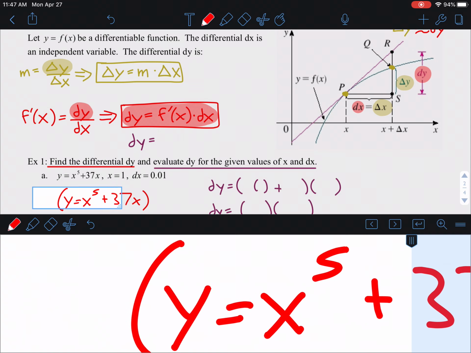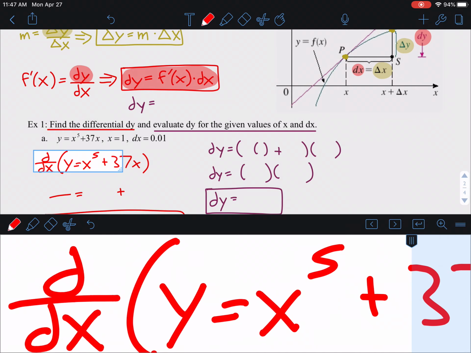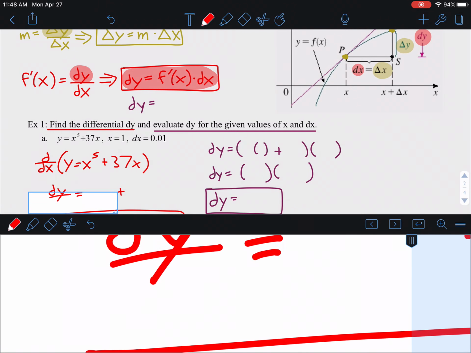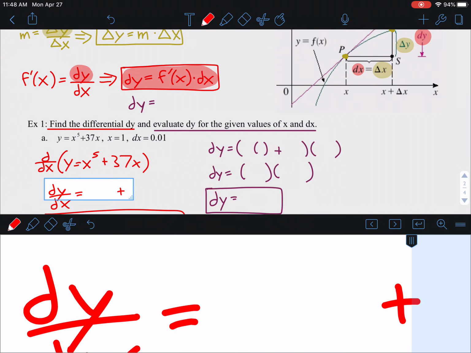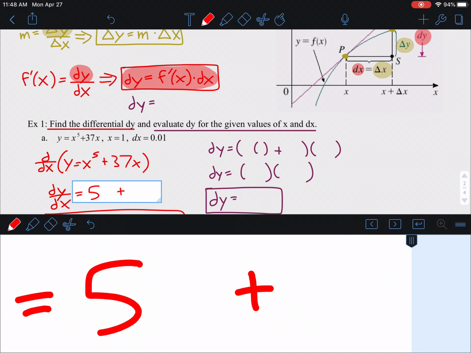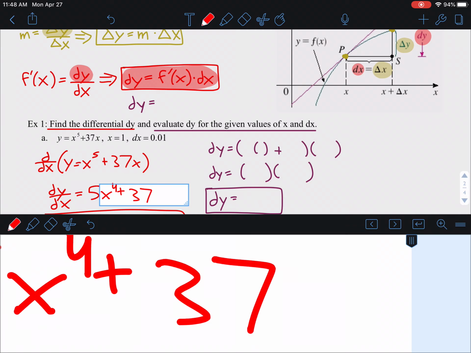I'm going to take this equation and take the derivative with respect to x, okay? So the derivative of y is going to be dy dx, and on the right-hand side, I can just use power rule, so I get 5x to the fourth plus 37,